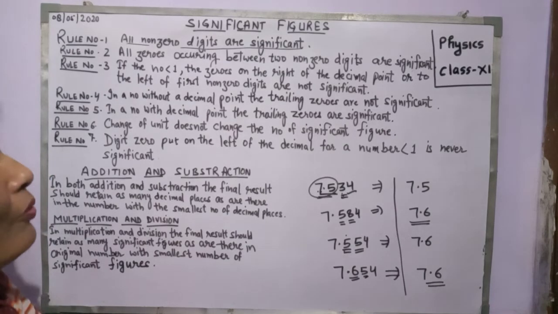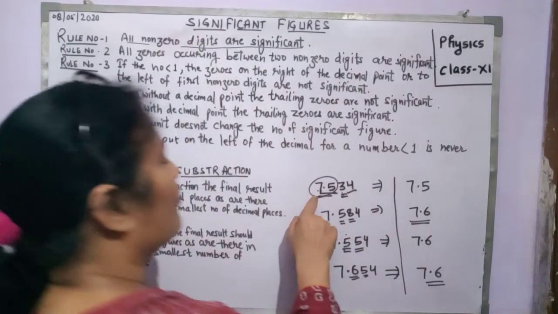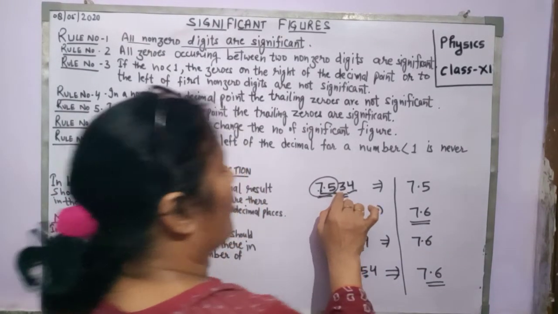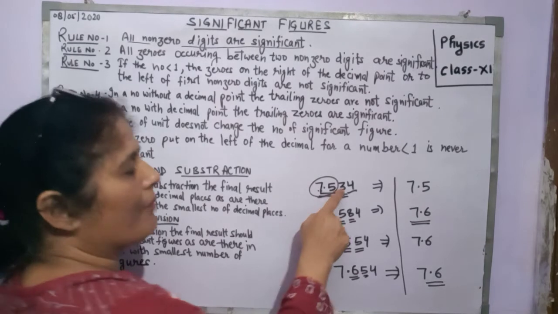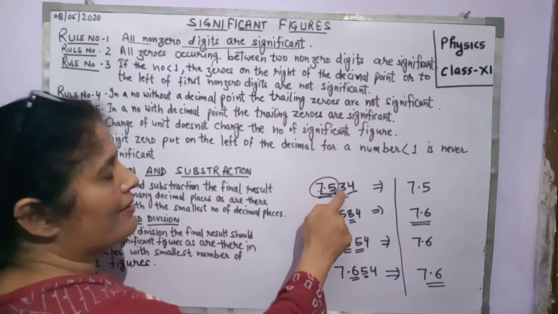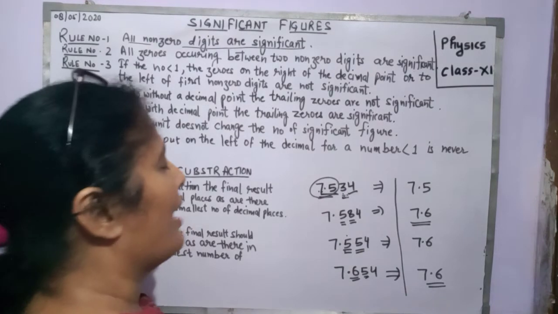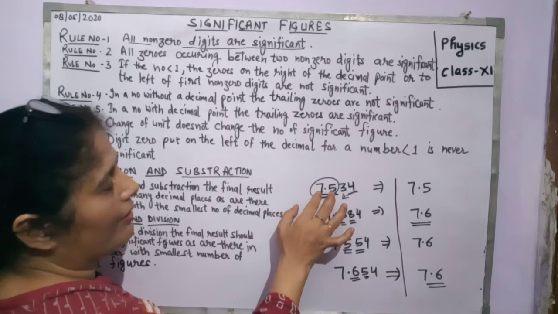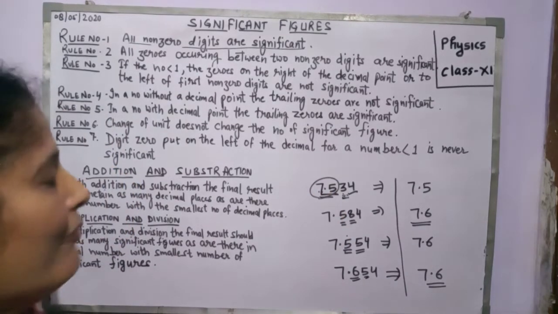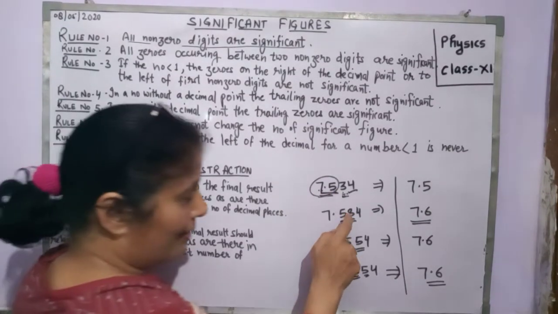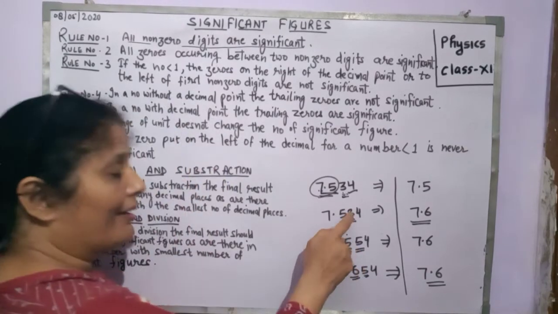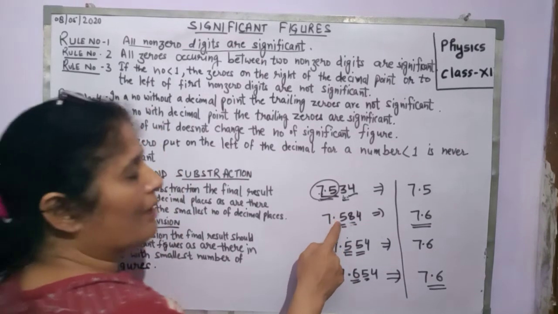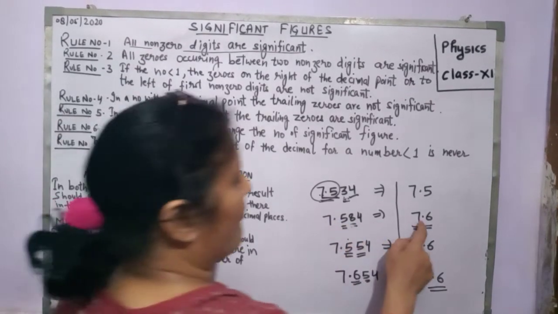Once again, suppose we have to round off up to 1 decimal point. Then we observe the number which is on the second decimal point. If this number is less than 5, then this digit can be omitted as such, and the rounded number remains the same as the previous number, having the first 2 significant figures. If the number at the third significant figure is more than 5, that is 8, then 1 should be added to the preceding digit, and this becomes 7.6.